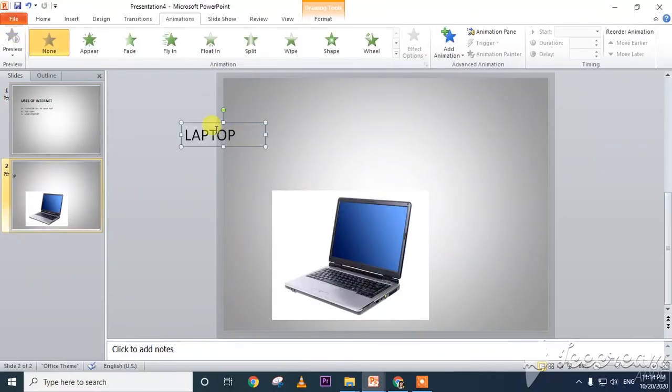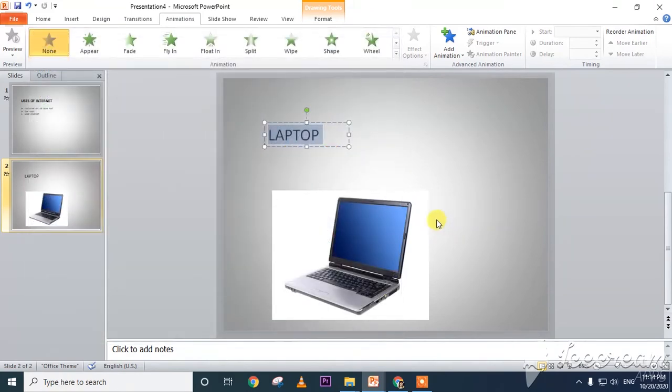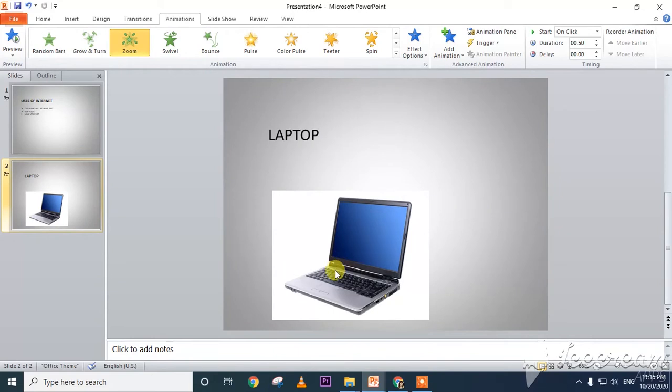Select this one. I am selecting this text and let us give some Spin. Zoom. See.